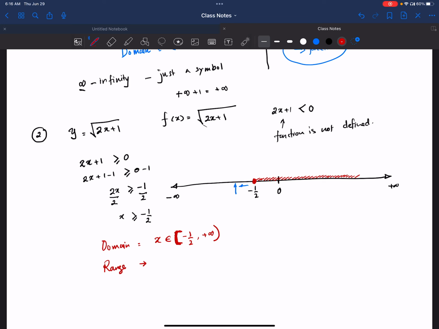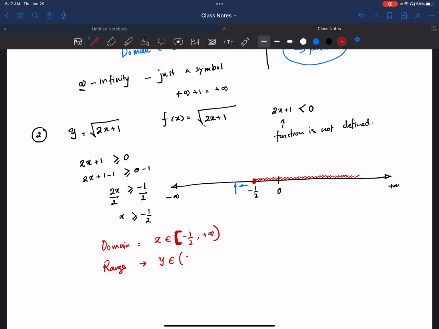What could be its range? Can this be negative? No. It should always be a positive value, right? So where does it start from? If you put negative half, this becomes 0, and all other values greater than negative half give a positive value. So your range, your y,